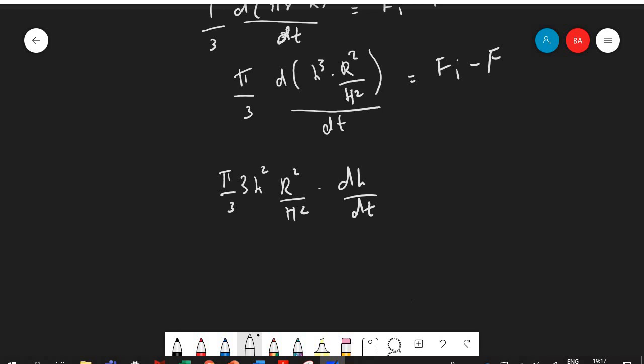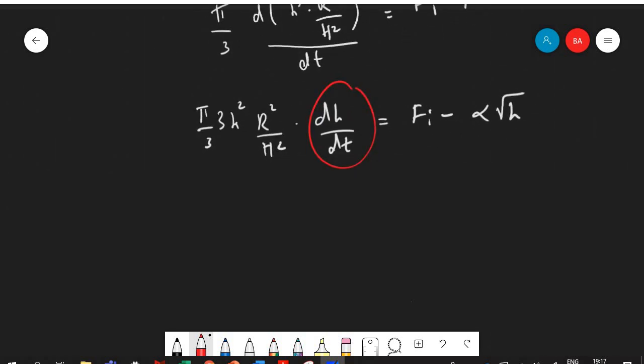So we have now our equation in f, which is alpha square root of h, an equation that has only the dh by dt term appearing by itself. Beautiful, we got it at last. So our final equation will be something like that. dh by dt